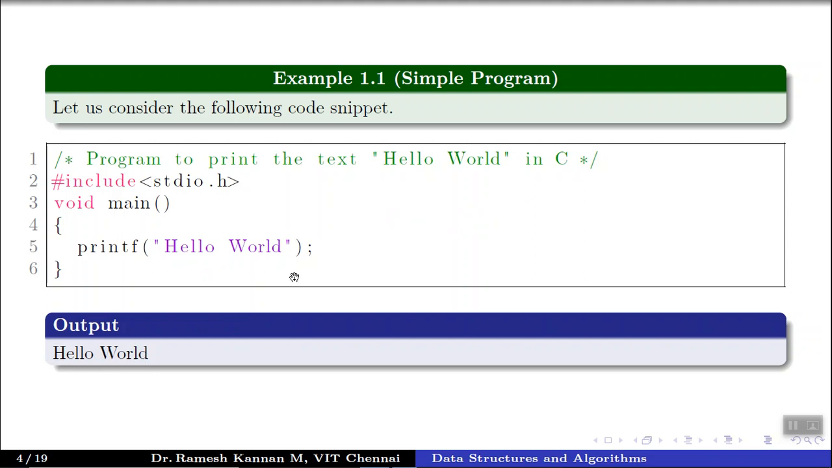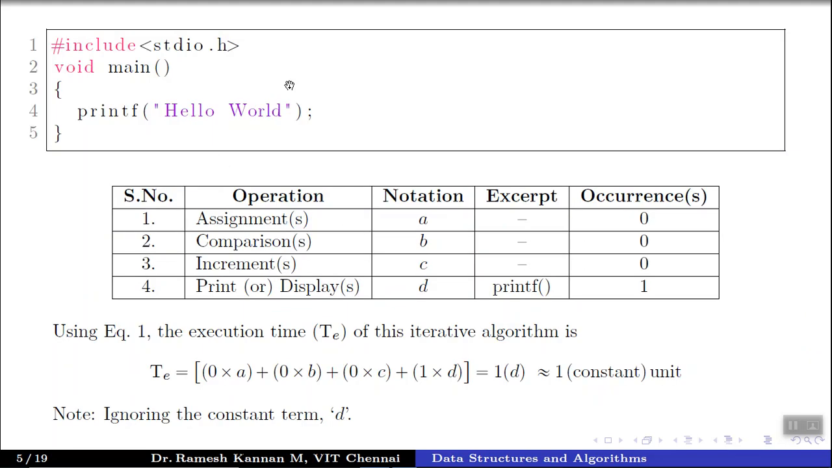So this is sequential. The code executes in a sequential manner. Let's take a look at the execution time of this algorithm. I'm just taking this code snippet, which I've cropped here, and we have this from our empirical relation. Remember, A stands for assignment operation, B stands for comparison, C stands for increment, and D stands for print